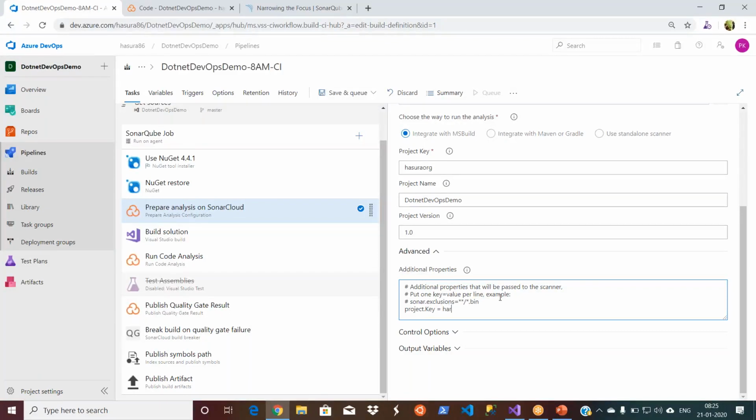Our key is already on the top here, so I'll copy it and paste it. Then the project name. The project name is the first part we gave. Let's take it.